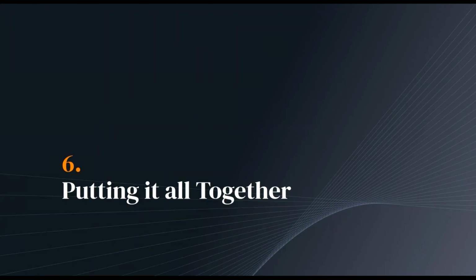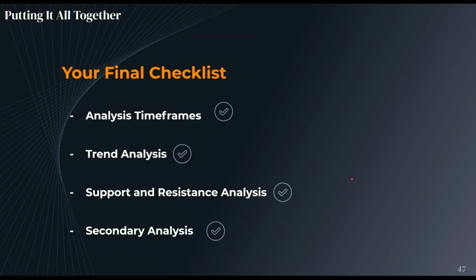And now we put it all together. Here's your checklist. You want to select your analysis timeframes. You want to have a trend analysis framework which you can perform on these timeframes. You want to have a support and resistance analysis framework, a value system in which you can assess the importance